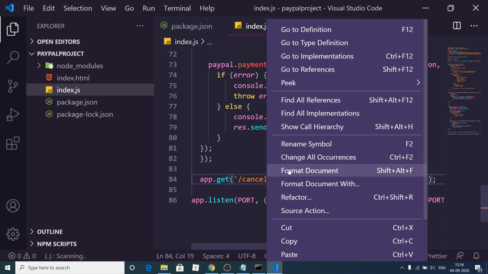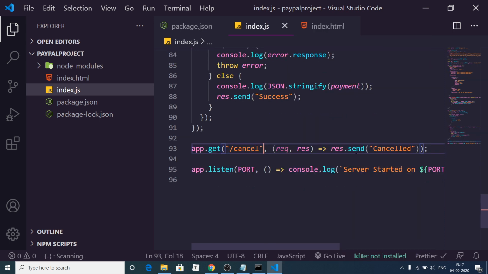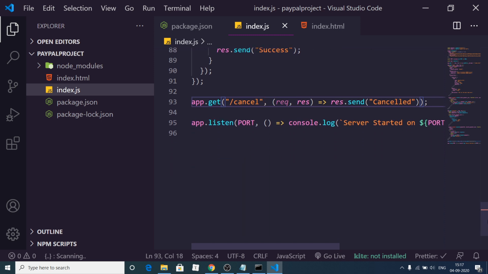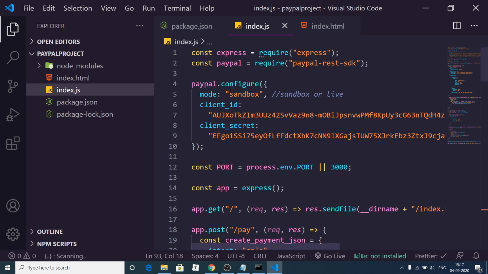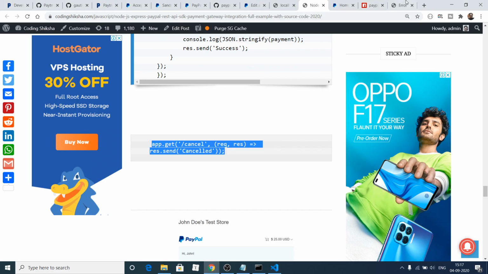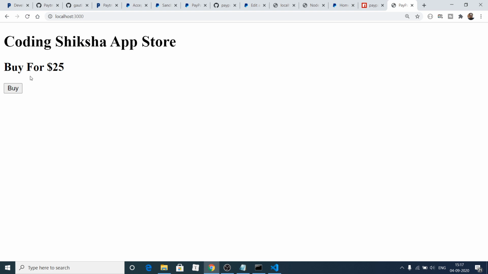So now let me format the code. So simply it will send cancelled. So now the application is complete. Now we can test it. So simply I can go to our browser here, and if I click the buy button once again, you will see it will redirect to the PayPal website.